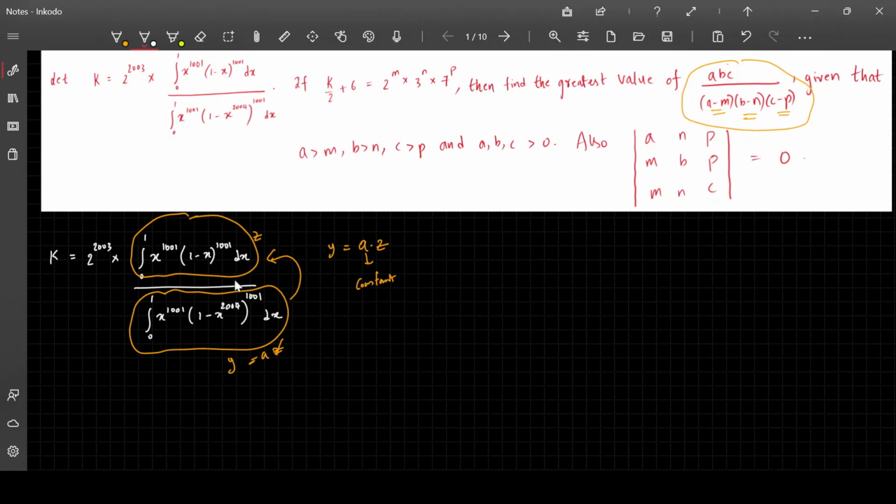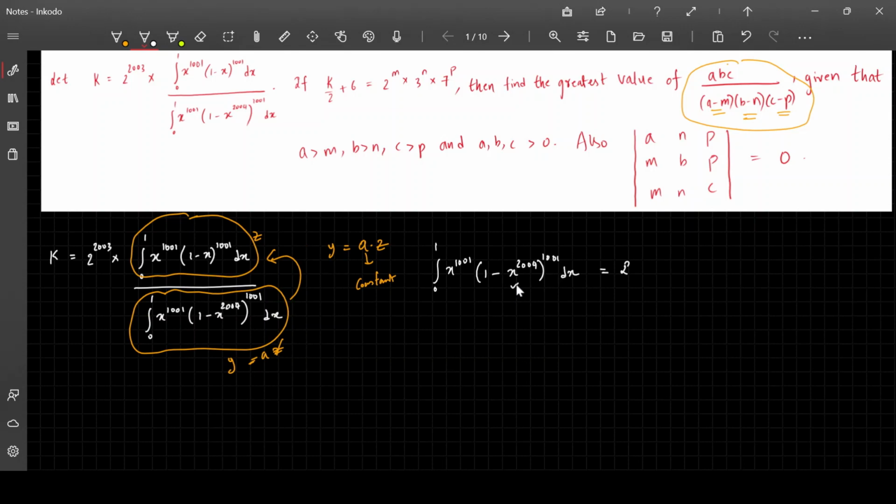And also we cannot be sure about it, but here we can actually try, because we have 1001 here also, so we can make some adjustments so that we can get into the form of the first integral. So considering 0 to 1, x power 1001 into (1 minus x power 2004) whole power 1001 dx. Let us consider this as I.